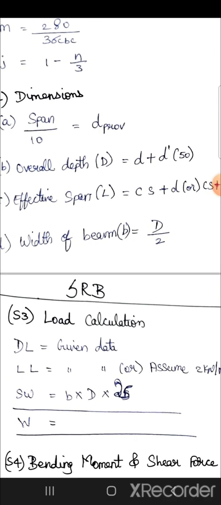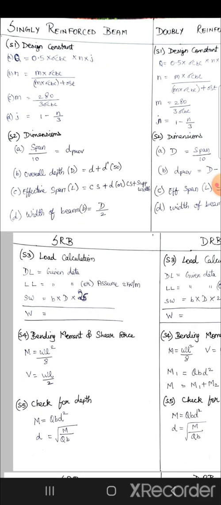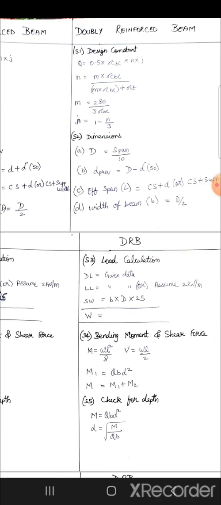Next step is width of beam. If width of beam is not given in the question, this is the formula: overall depth by 2. For doubly reinforced beam,